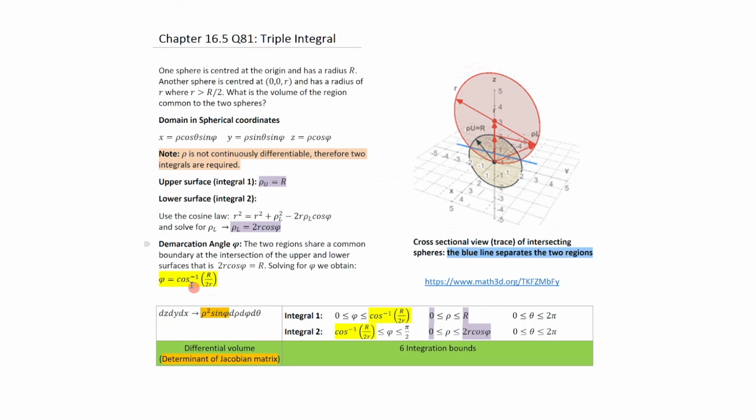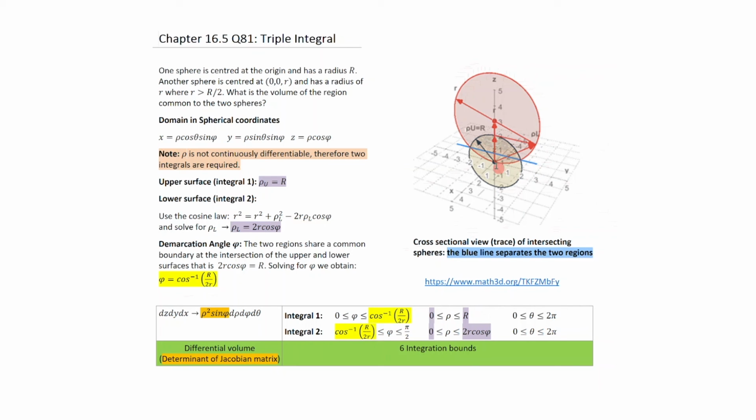Now the lower bounds. We've talked about the upper bounds for the upper surface integral, and the lower bounds will just be rho u equals 0 and rho l equals 0. In this case, though, we have two different regions to consider. We know that the dividing line occurs at phi equals cosine inverse capital R over 2r. For this region, therefore, we go from phi equals 0 to phi equals cosine inverse capital R over 2r. And for the bottom region, we go from cosine inverse capital R over 2r to